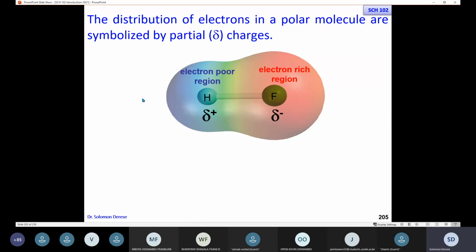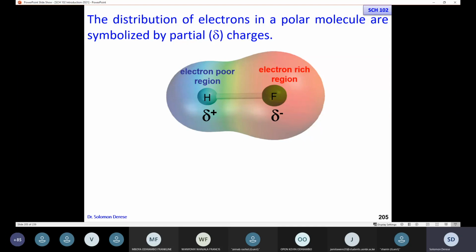So polarization has significance in terms of reactivity of the molecule, in terms of even their physical state, whether they are going to be liquids, solids, or gas. Even when they are a solid, whether they are going to be high melting or low melting, etc. This polarization has a very important role to play. Therefore, you have to take your time and understand the concepts